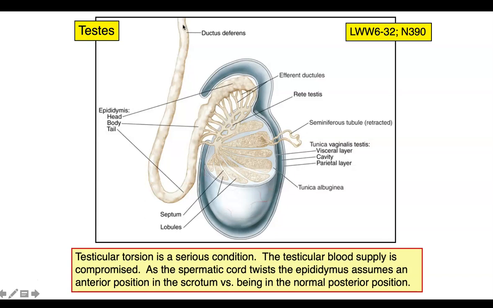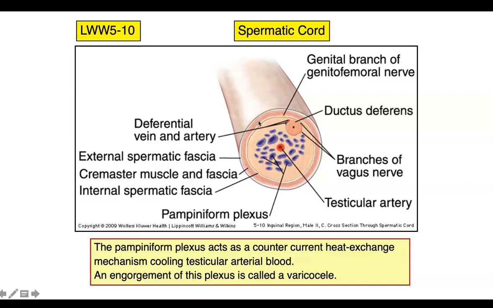behind the urinary bladder into the prostatic part of the urethra, and it carries the sperm all the way from the testis into the prostatic part of the urethra. So this is the testis and epididymis. And the spermatic cord,